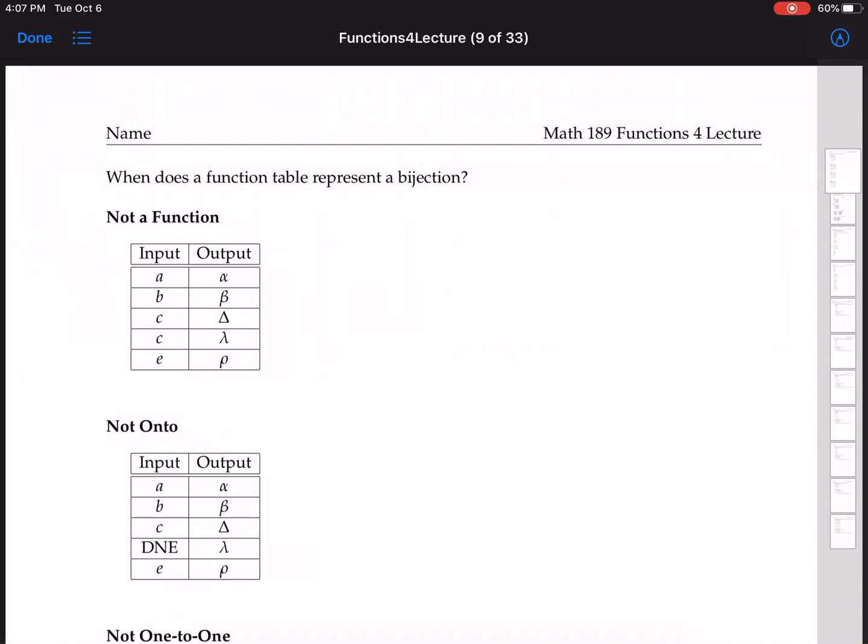In this video, I just want to go over all the things that we've developed in the functions section for using these tables to represent